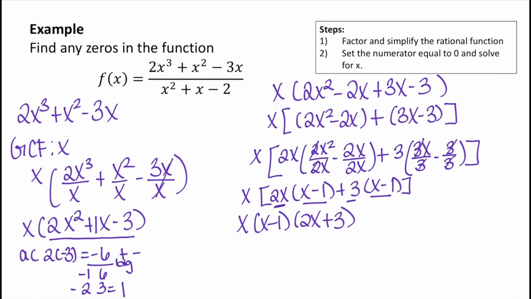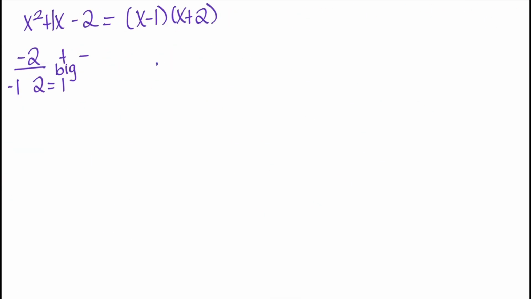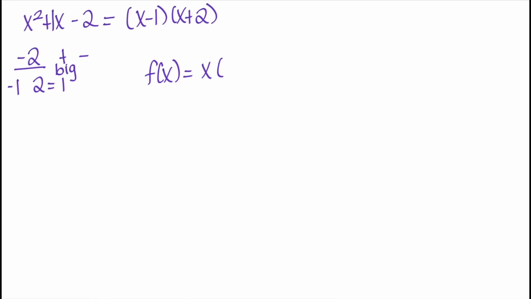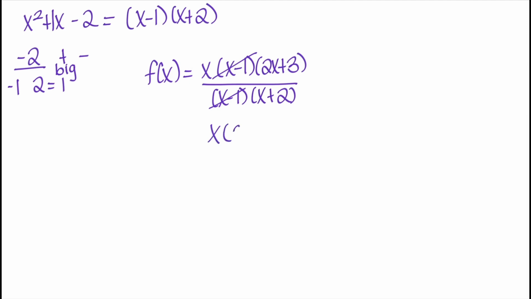So now let's rewrite this rational expression in factored form. We have f of x equals x times x minus 1 times 2x plus 3, and then we're going to write it over the denominator, which is x minus 1 times x plus 2. Remember, the reason we factored both the numerator and the denominator is because we need to cancel out our common factors, right? So this x minus 1, we're going to have a hole there. So we're just going to cancel that out. That leaves us with x times 2x plus 3